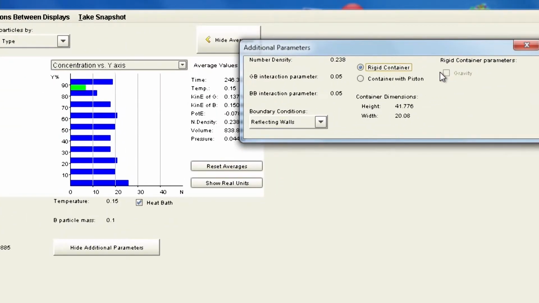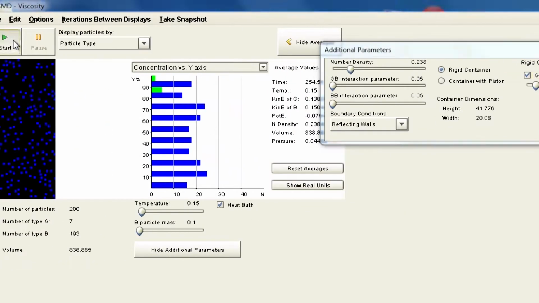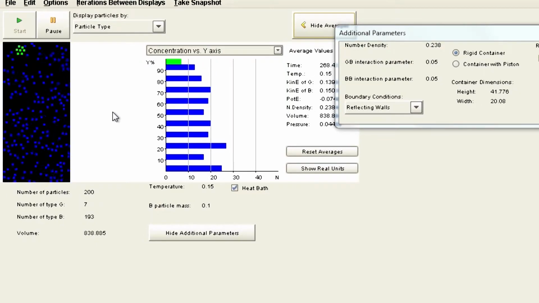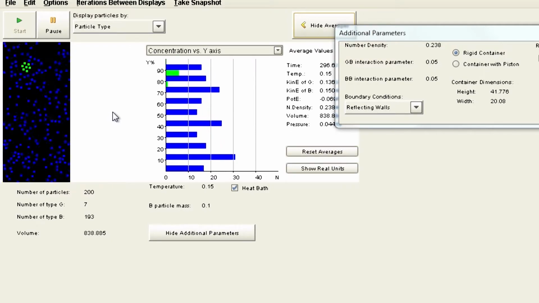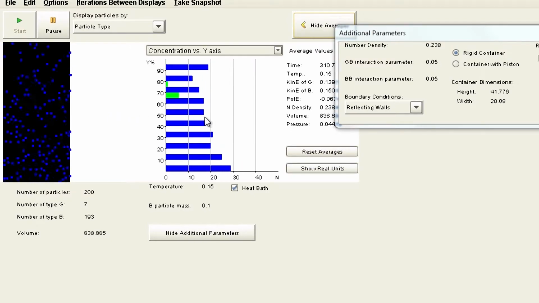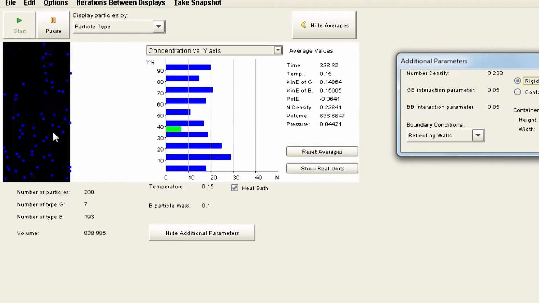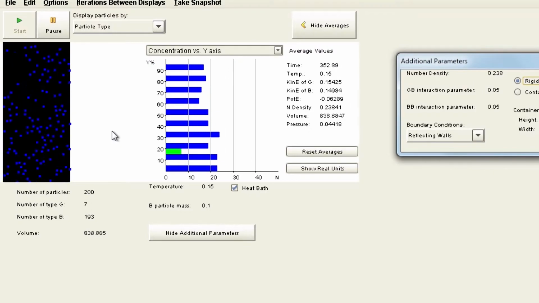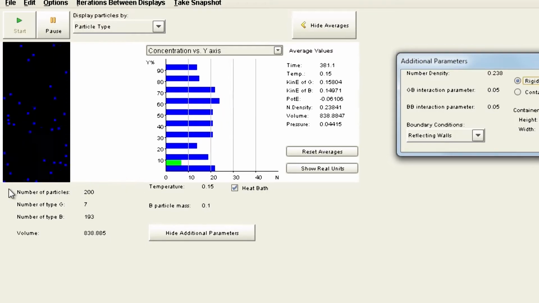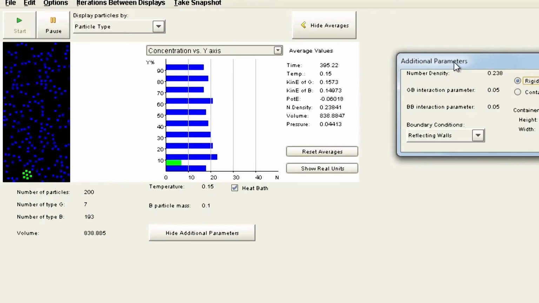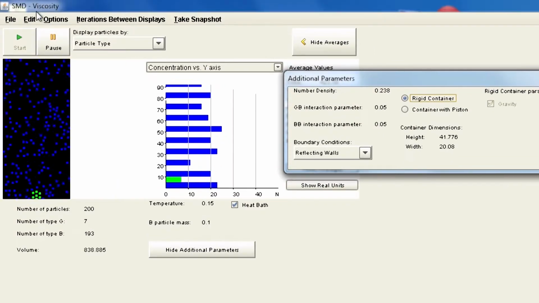So let's put the gravity in again. Let me stop it, then put the gravity in and restart it. Now you can see that because of the gravity, there is some diffusion going towards the bottom. So now it's moving down, and this is the displacement of a green particle with respect to time. And if you calculate the displacement versus the mean square displacement versus time, then you can calculate the diffusion coefficient of this material under gravitational forces. So now you can look at that, and now let's restart.